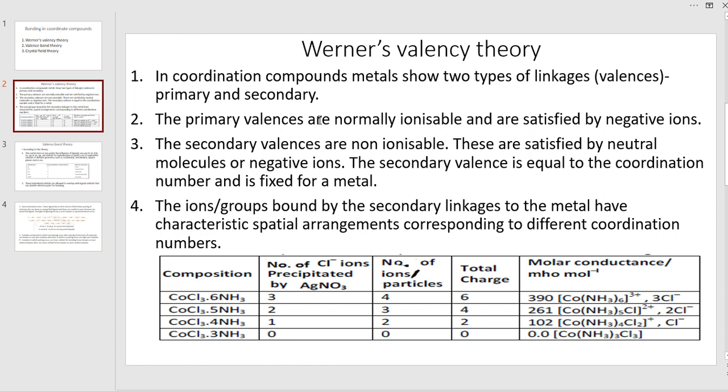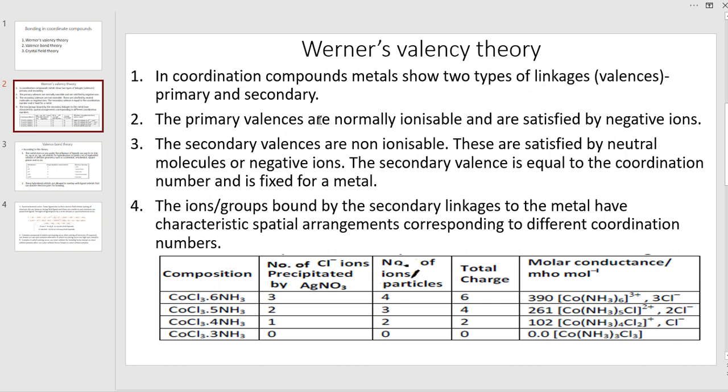According to Werner's valence theory, there are four important postulates. One is, in coordination compound, metals show central metal ion, central metal atom, right? So in coordination compound, metals show two types of linkage. One is primary linkage and the other one is secondary linkage. In primary linkage,